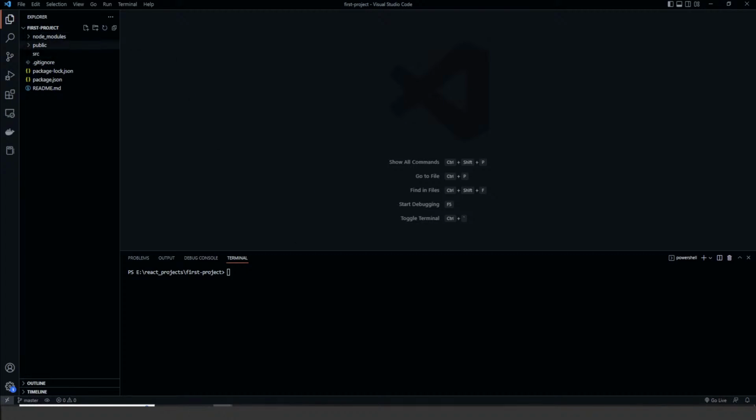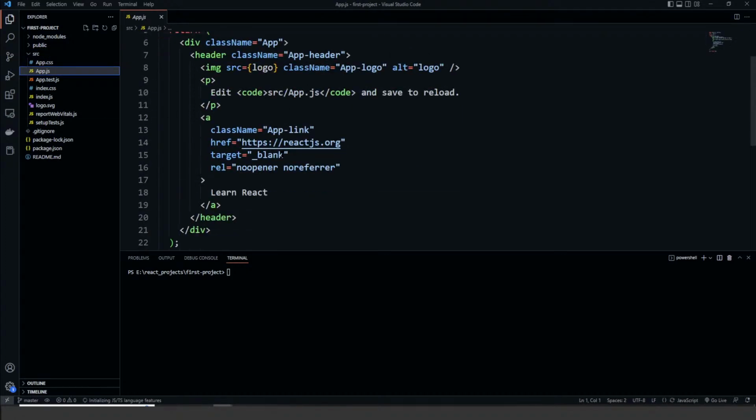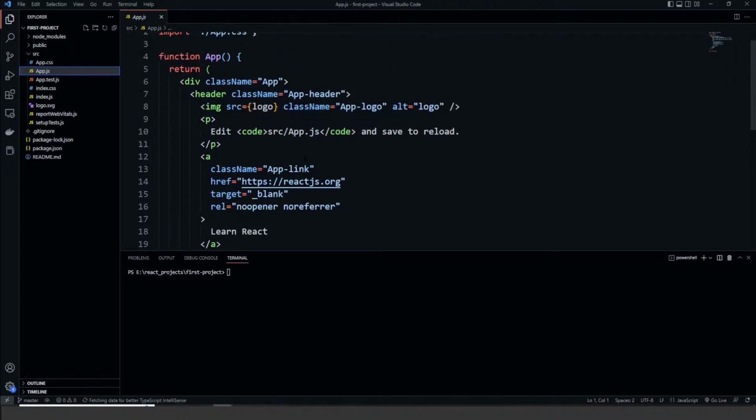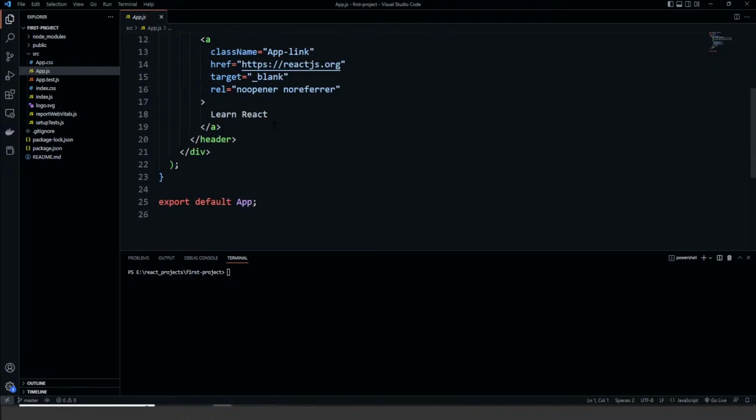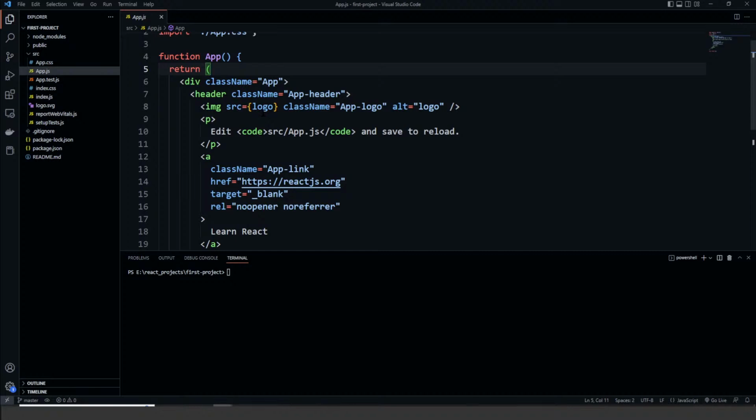And the first thing I want to do is look at these files. I want to specifically look at the app.js file so we can see what it looks like compared to the website that we get when we run our React application. And what we can see here is it's got our code here. Again, a lot of this looks like HTML. It kind of looks like HTML and JavaScript had a baby, right? We have a function here. We have a return statement here. And we have these things in here that look like